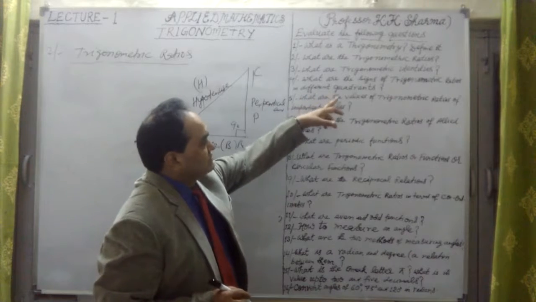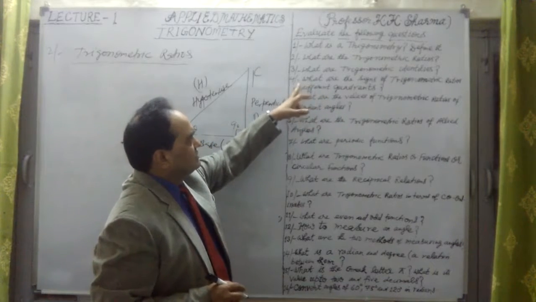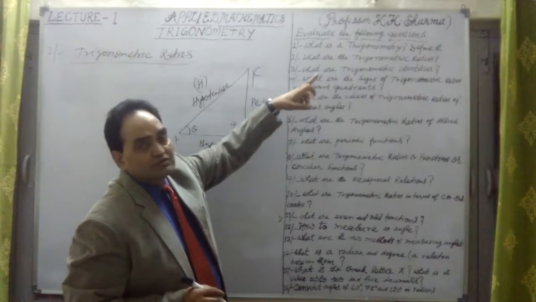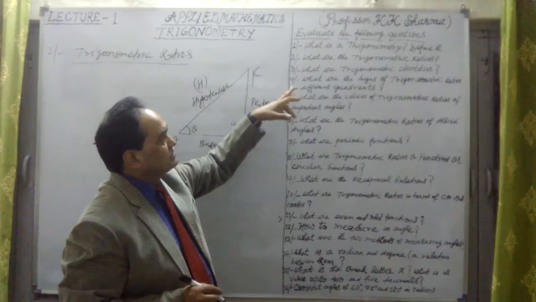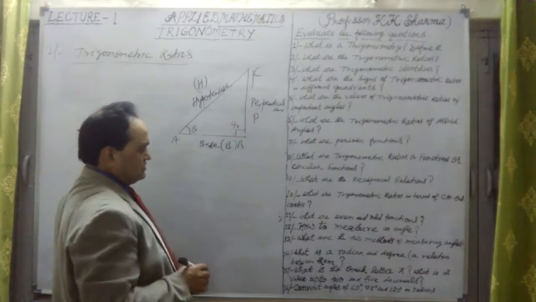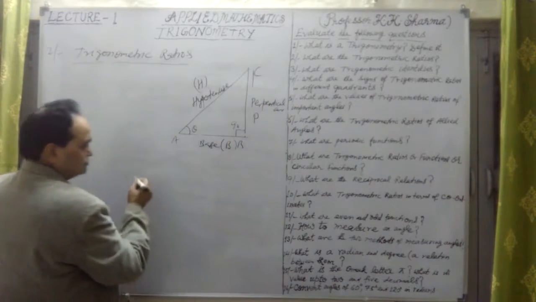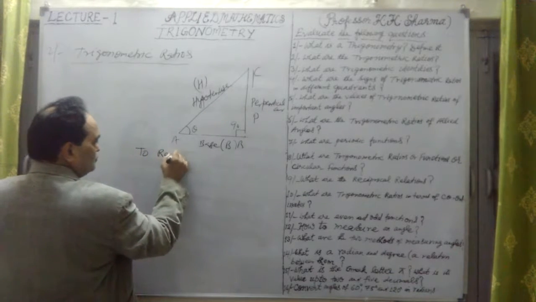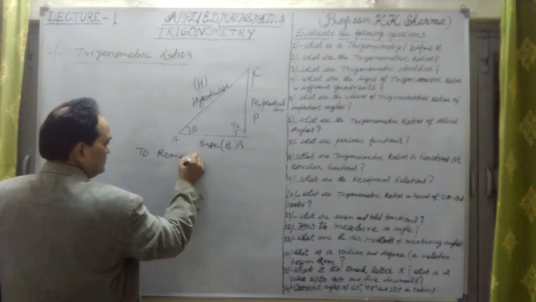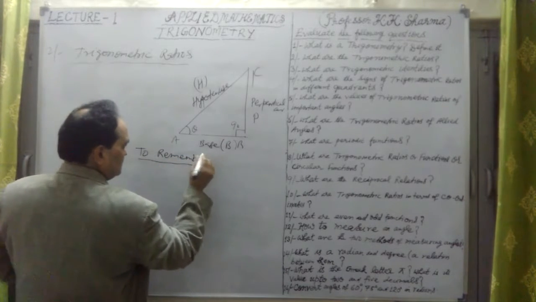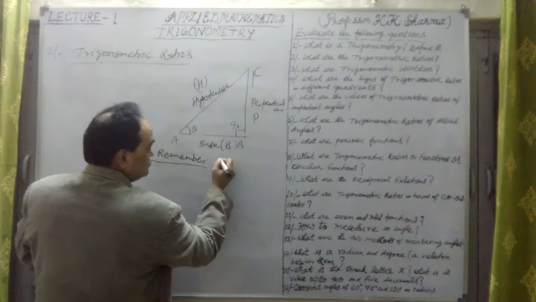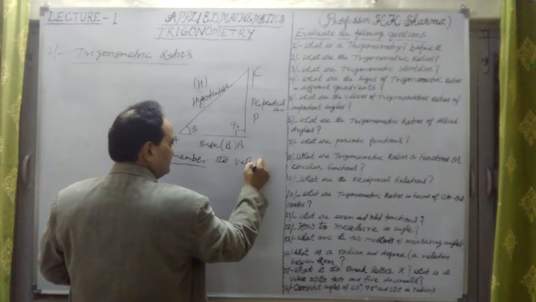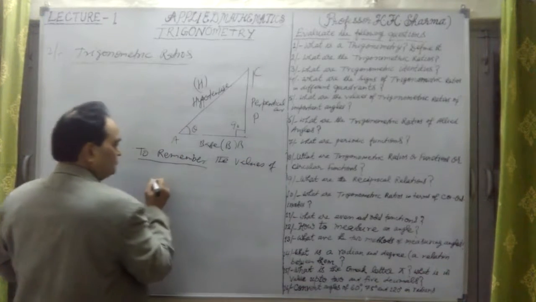We have talked about the signs of trigonometric ratios in different quadrants. And now I'm talking about question number one: what are the trigonometric ratios? The second question we are talking about is: what are the trigonometric identities? Then I'll talk about this. So to remember the trigonometric ratios, the values of trigonometric ratios,